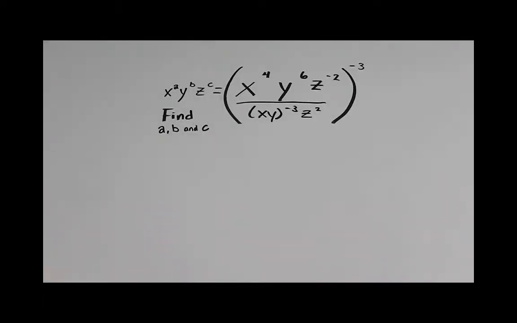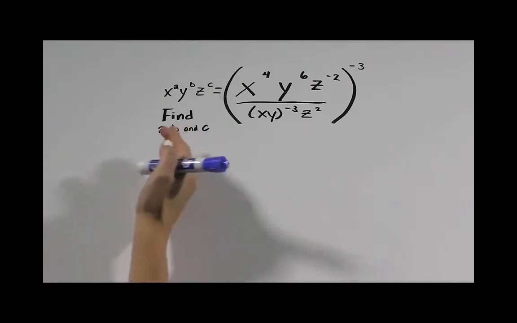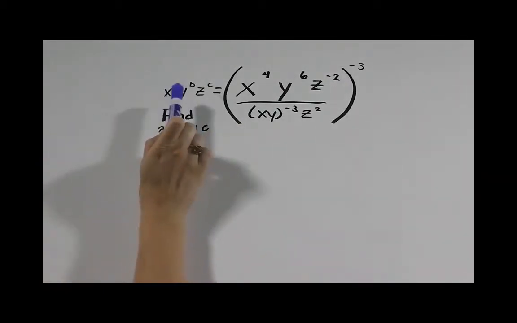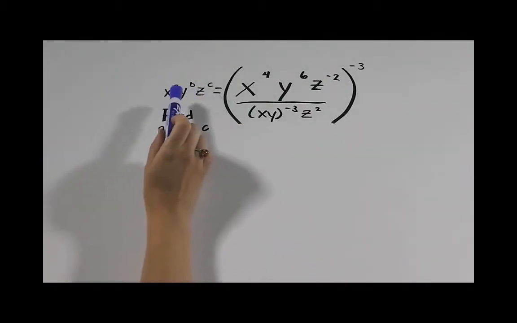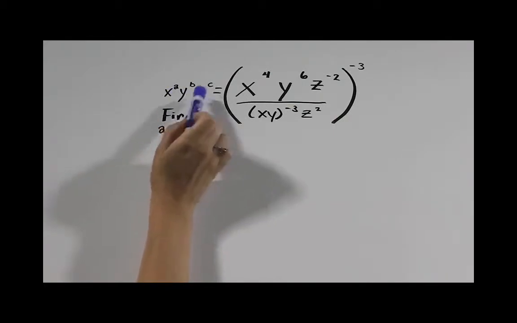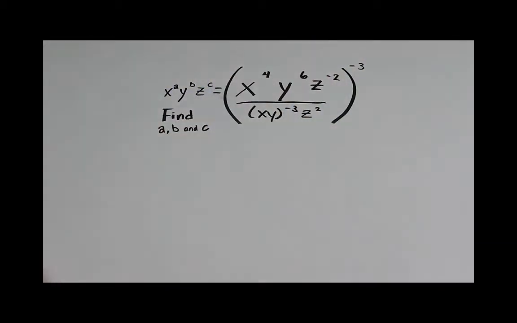Alright, so problem 2 from the pre-calc exam asks us to find a, b, and c when a, b, and c represent the exponents of x, y, and z in this expression. As you can see, this looks like a pretty complicated expression, but the fun thing about exponents is they're really easy to manipulate. The first thing that I want to do, just to get you guys to visualize this, is